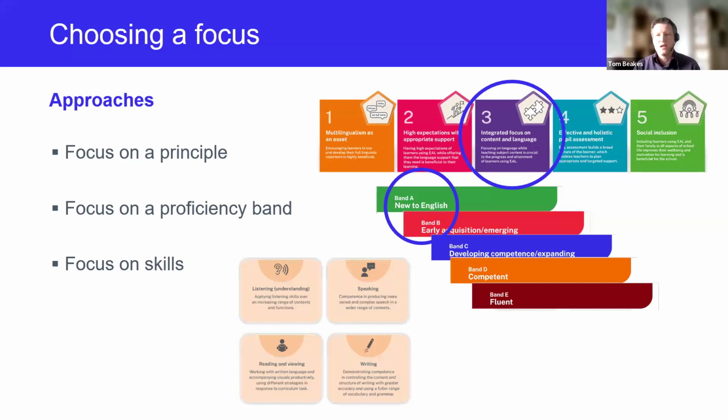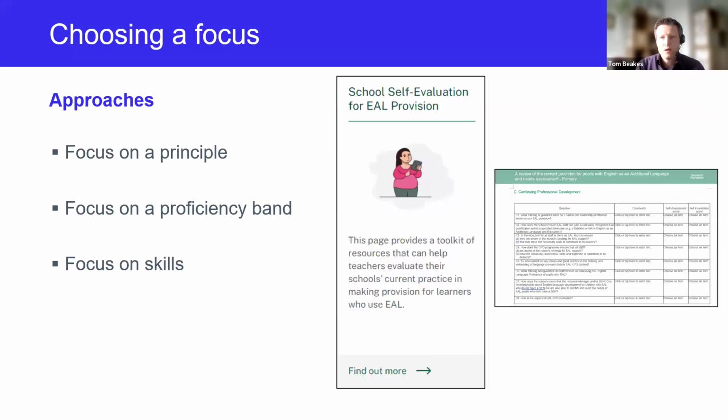So if you notice there's an imbalance between proficiency scores in listening and speaking compared to reading and writing, for example, then you might want to narrow those ideas down using the support strategy. So you may just want to focus on the reading and writing, or just the reading, or just the speaking, or whatever it is where the students need the support. If you're not sure where to start when it comes to understanding your own school's EAL provision, and you're just at a bit of a loss, we do have a self-evaluation toolkit available for free on our website.